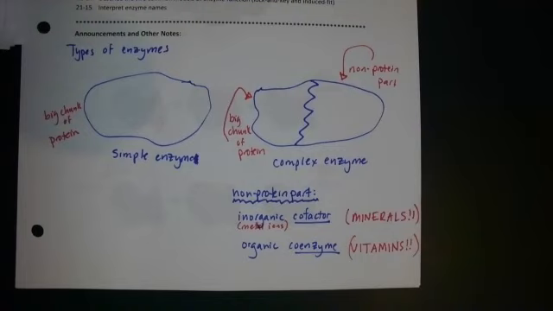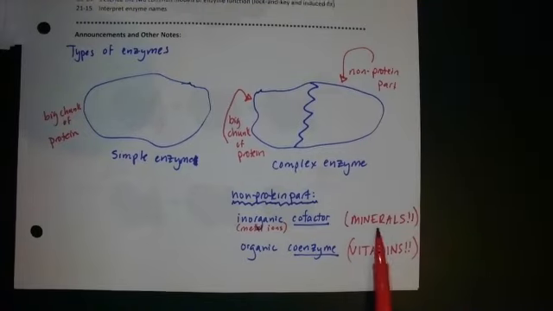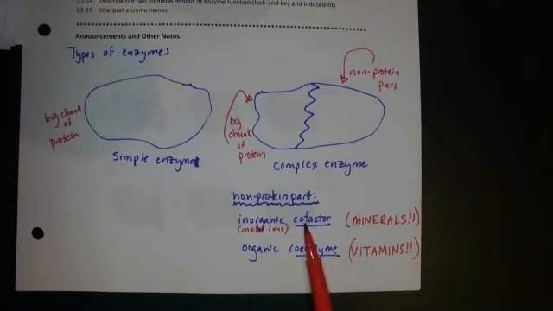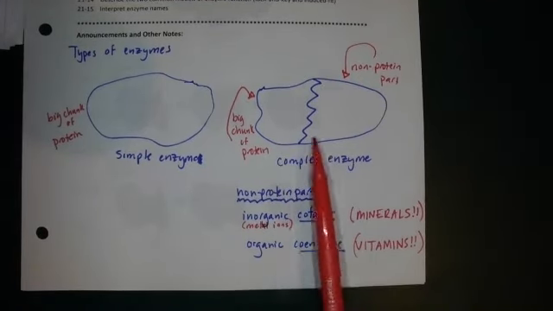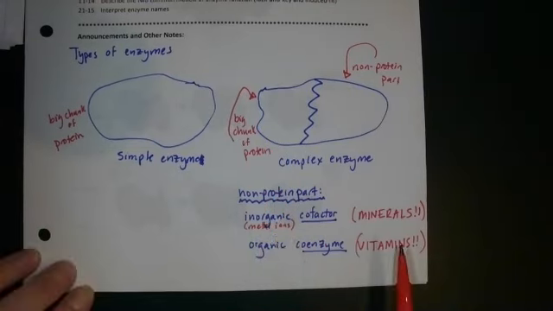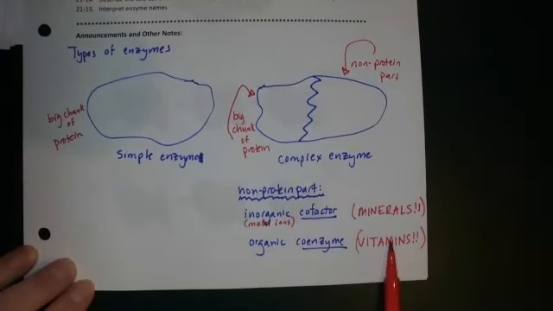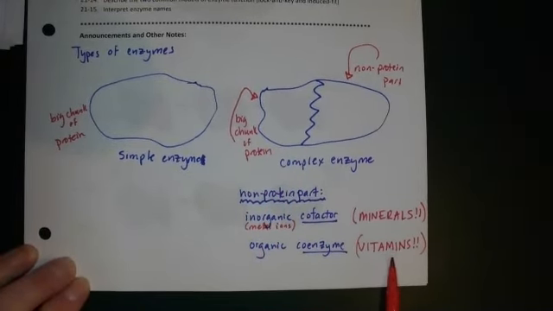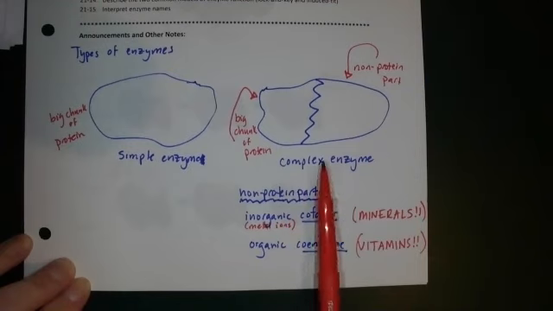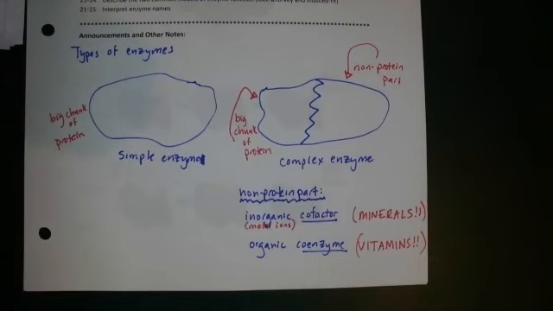These are things that are necessary in your body. Some of the reason why you need minerals is to be able to build a cofactor, to have the structure for a complex enzyme. So it's pretty interesting that things that you know that you need, you maybe never give a lot of thought to why you need those things in your diet and in your body. Part of the reason is to be able to build these complex enzymes.